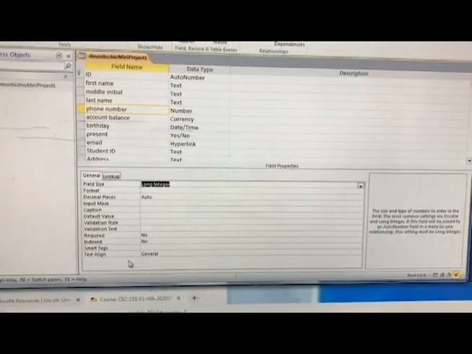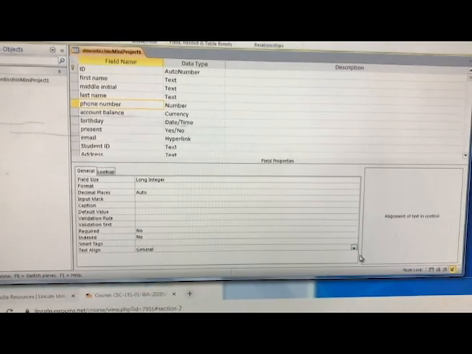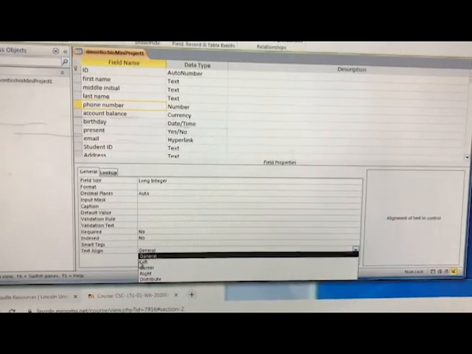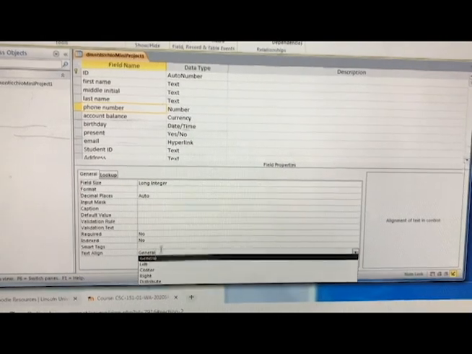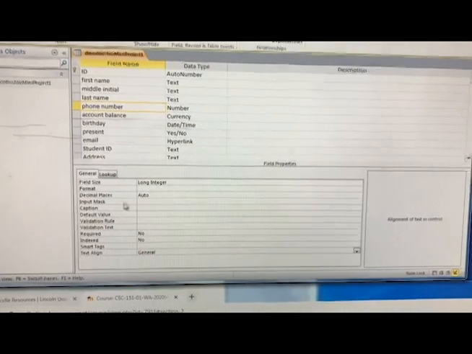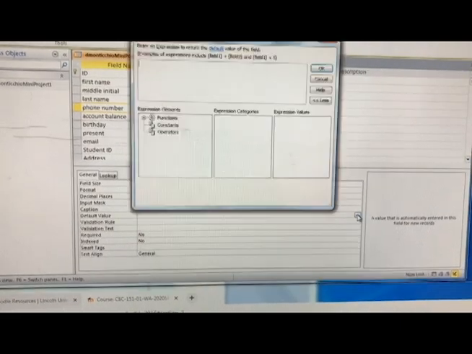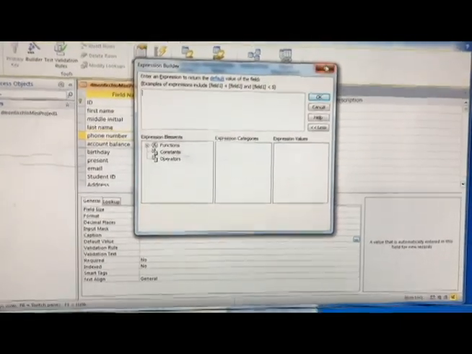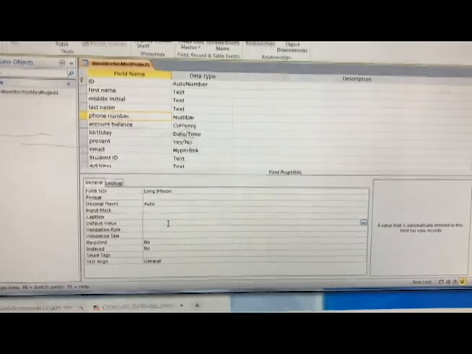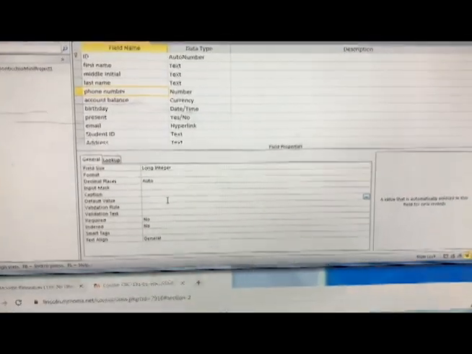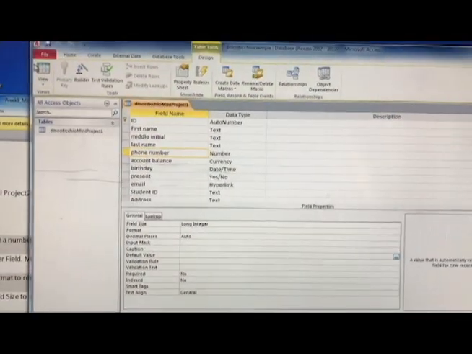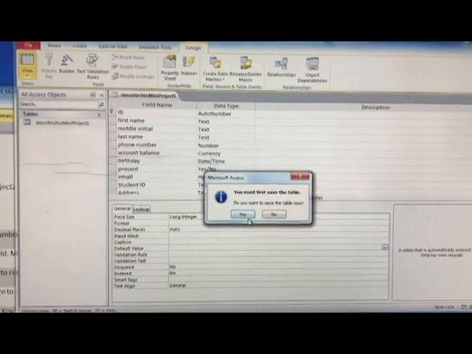You can do stuff like change the text alignment. Do you want it to be located on the left, the center, the right, or do you want it evenly distributed? Do you have a default value? So if they type nothing, do you want to be able to put something in instead and tell them what to put in? So for example, if I type a 0 here,